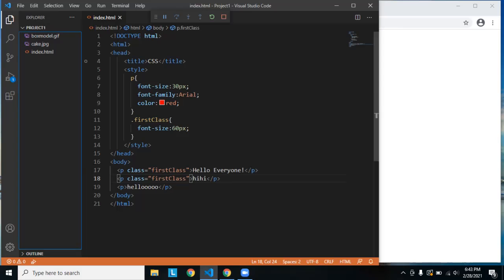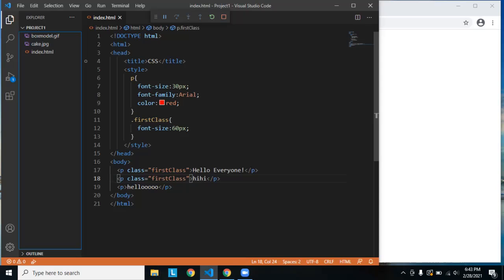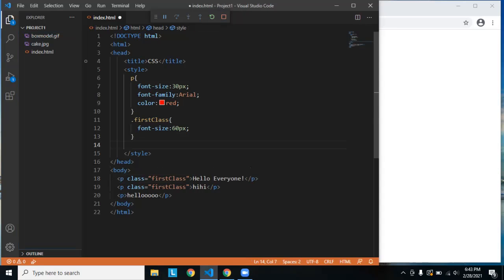Before I show you ID, notice that we had this paragraph selecting all the paragraphs in the element. Then we had this class. The class changed the font size from 30 pixels to 60 pixels. The class has greater specificity than the paragraph selector. And an ID,